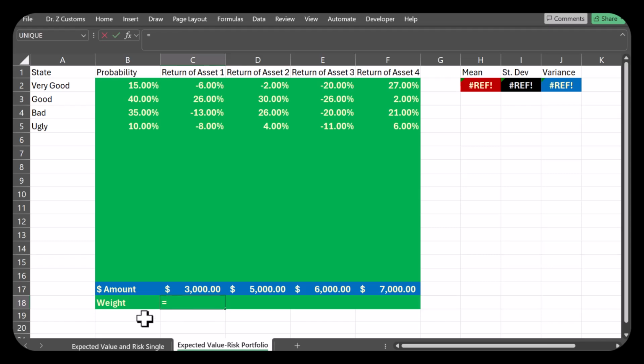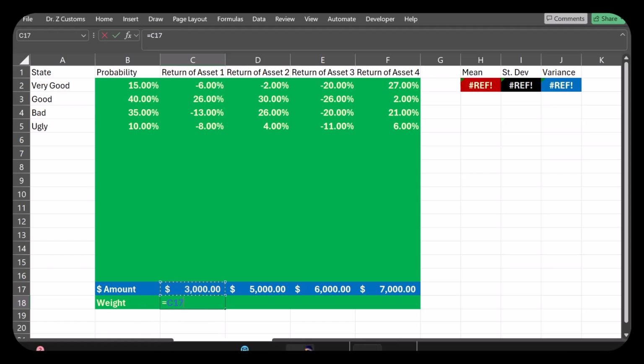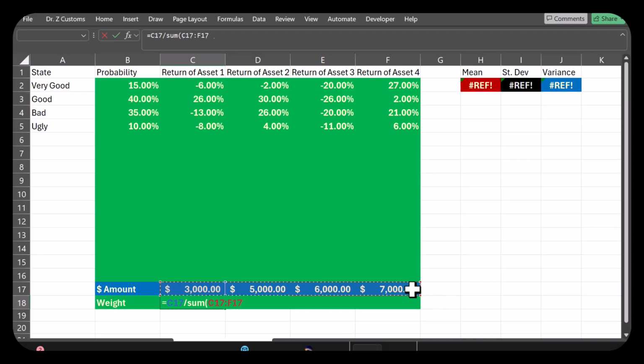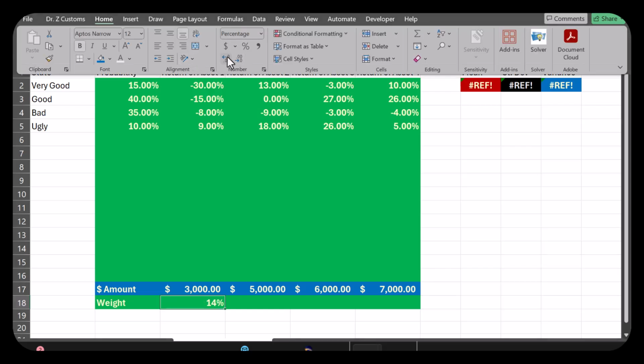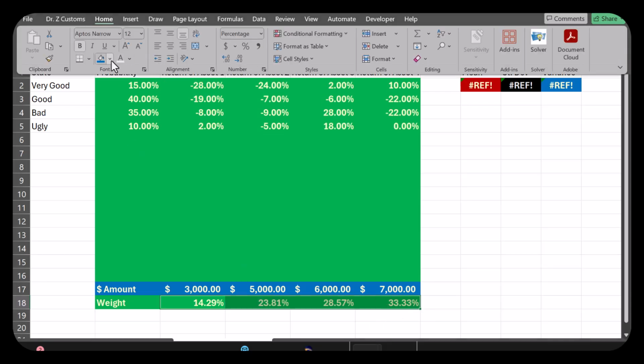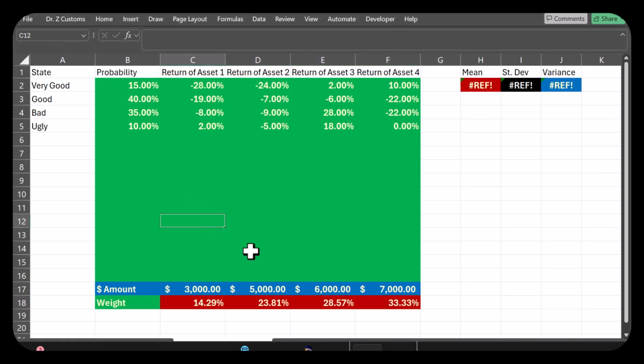And the weights are simply dollar amount divided by the sum of those dollar amounts. So I'll fix it. You can either write them as decimals or percentages, doesn't matter. Internally, Excel uses pretty much the same thing. And you should also remember that